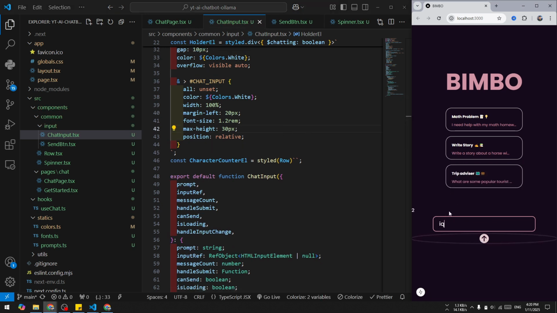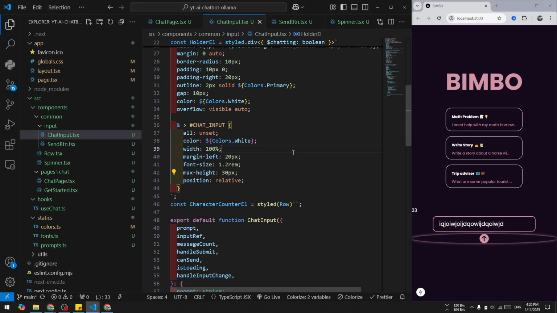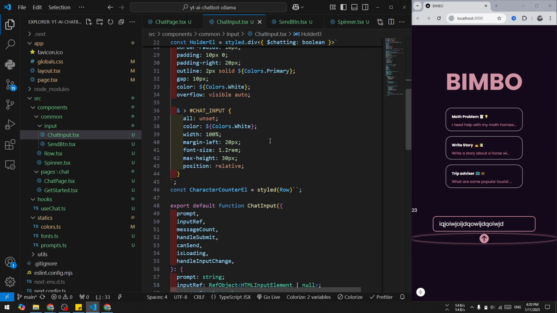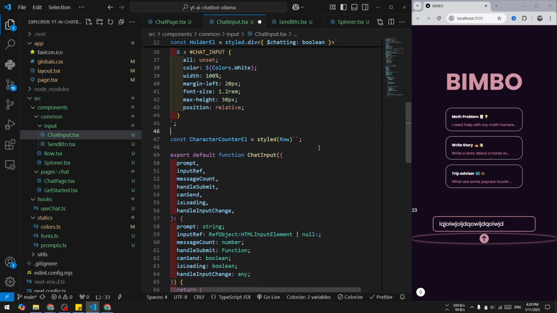Alright, so as you can see, this one is now working, but the styling on these elements is just off, so we are going to fix that. And I guess no, it's fine. Okay, let's go to the characters counter